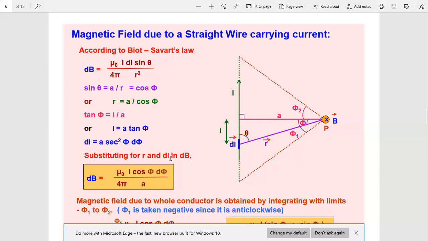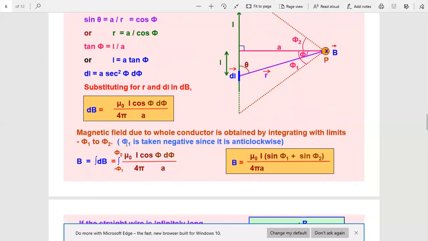Substituting for R and dl in this equation for dB, we get the expression of dB: mu naught upon 4 pi I cos phi d phi upon A. And now, magnetic field due to the whole conductor. This magnetic field is due to the elementary part of the conductor dl. So now in order to obtain magnetic field due to the whole conductor,